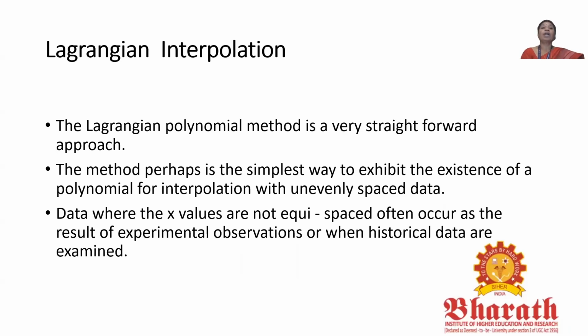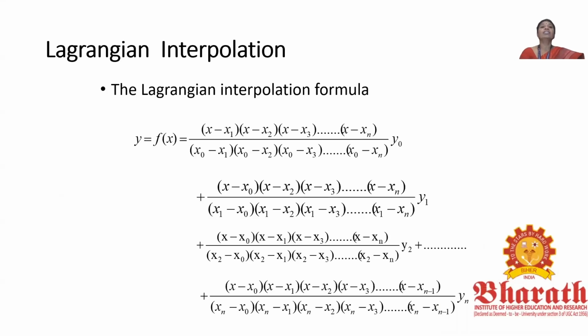That is, data where the x values are not equispaced often occur as the result of experimental observations or when historical data are examined. So the Lagrangian interpolation formula is given by f of x is equal to x minus x1 into x minus x2 into x minus x3, etc., x minus xn. Your denominator will be x0 minus x1 into x0 minus x2, x0 minus x3, etc., x0 minus xn into y0 plus